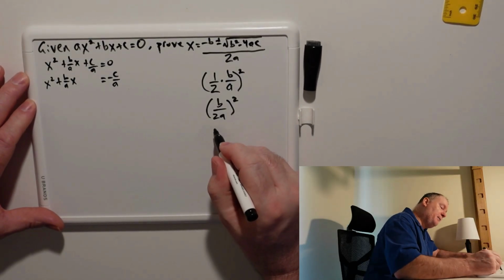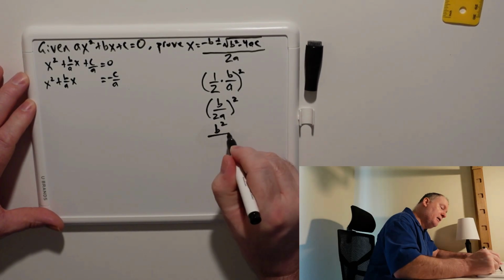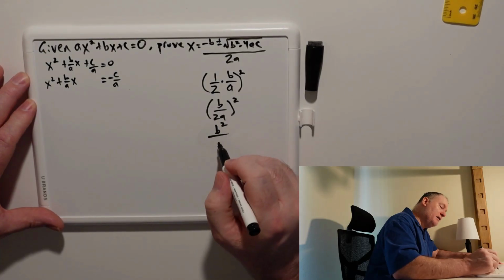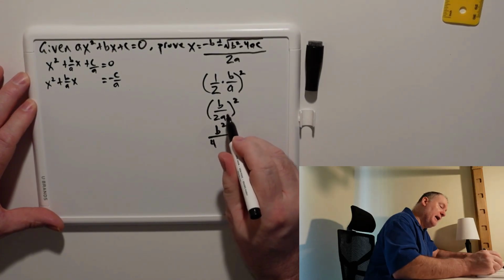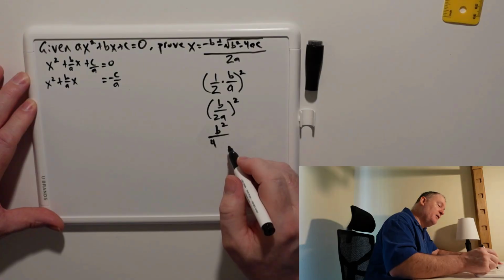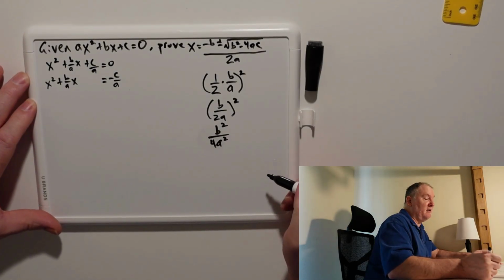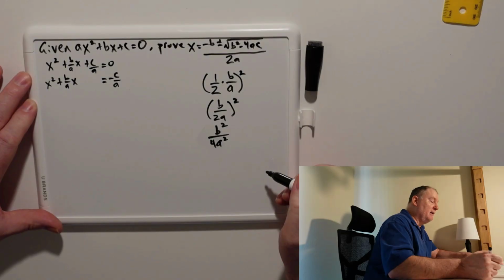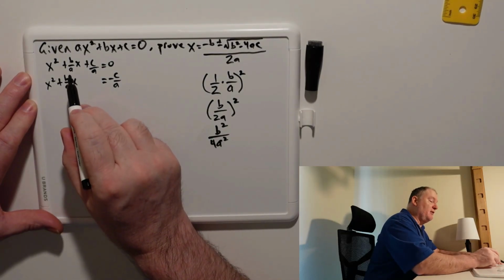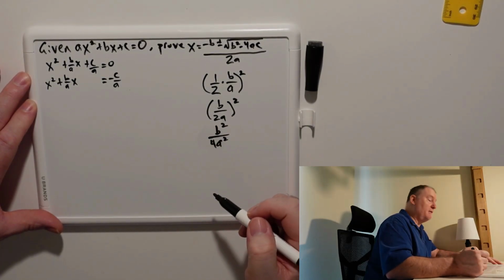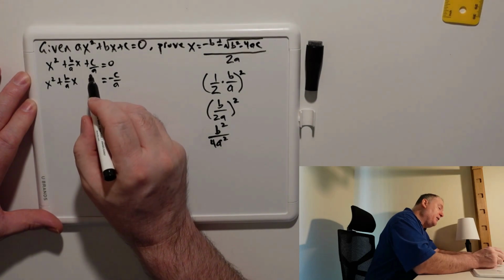So this would be b squared over 2 squared is 4, and a squared is a squared. So this is what we're going to add to both sides. That's called completing the square. You take half the b term and square it. I did that scratch work over here. So that's going to give us